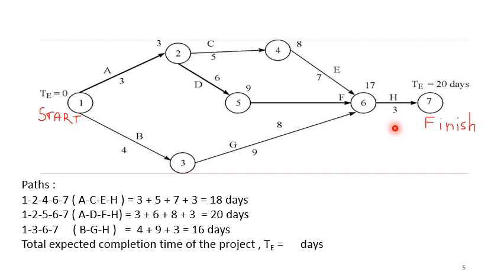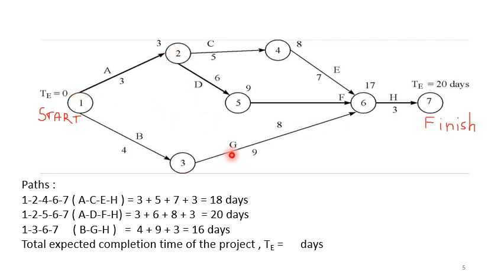Now, if we have to find the critical path, we have seen the critical path is the minimum time required to complete the project, because you are interested in finding the optimal time of completion for the project. So always when we want to determine the critical path, there are two methods here. One is the direct path method, finding out the different paths from start to finish. So we will first discuss that. So this is the start of the project, this is the finish. Just trace out the different paths from start to finish.